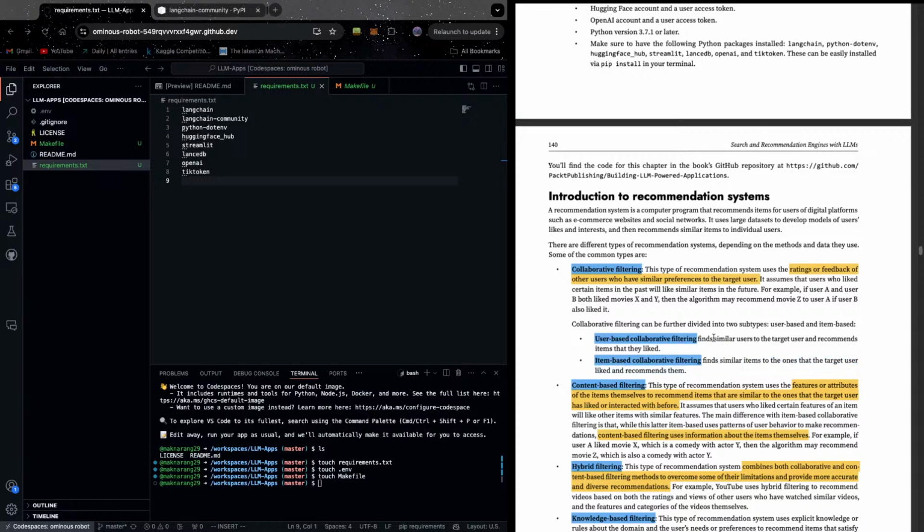Okay, so they find similar users. So let's say these are the people, and whatever the other people who have similar interests to this person have, they would recommend all the same things. The similar item ones. So this is having similarity between A and B, and this is having similarity between X and Y.